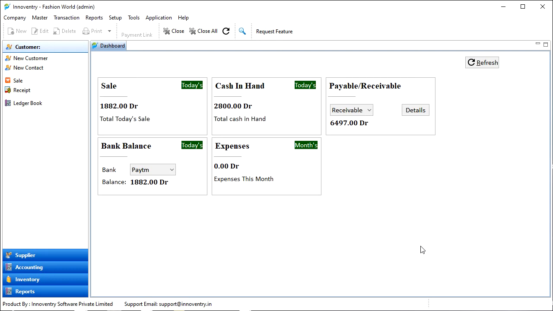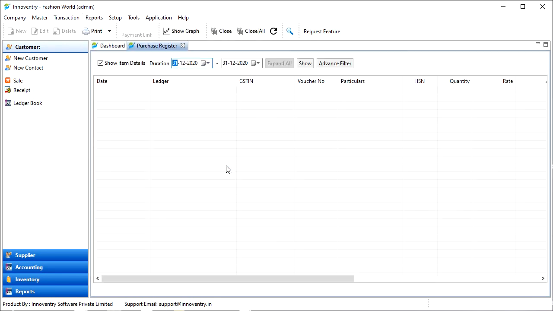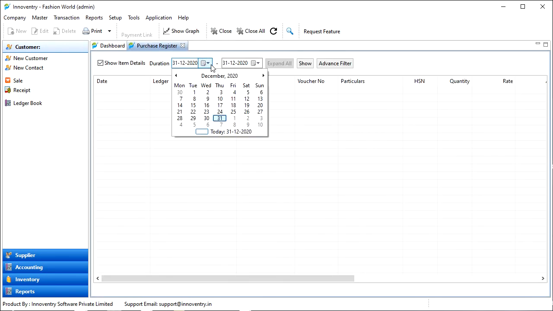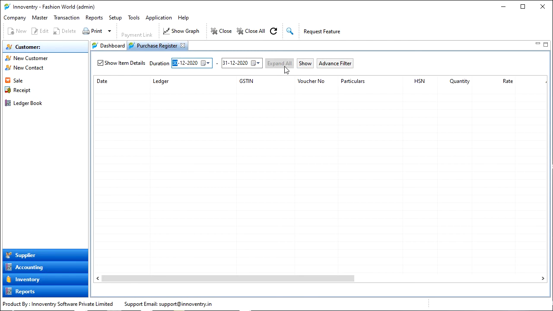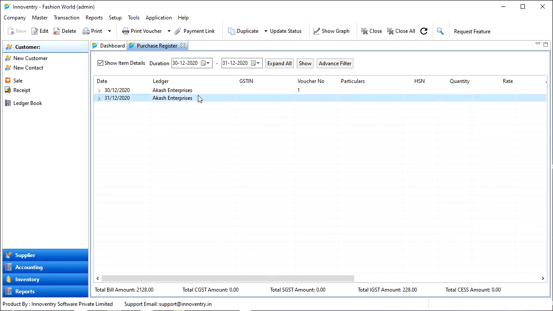If you are returning all or most items from your purchase invoice, then it is simpler to create a purchase return from the purchase transaction in the purchase register. We will open the purchase register. Now we can select the purchase transaction from purchase register after entering the duration dates. After this, we will click on the drop-down arrow in the duplicate option and then click on Create Purchase Return.